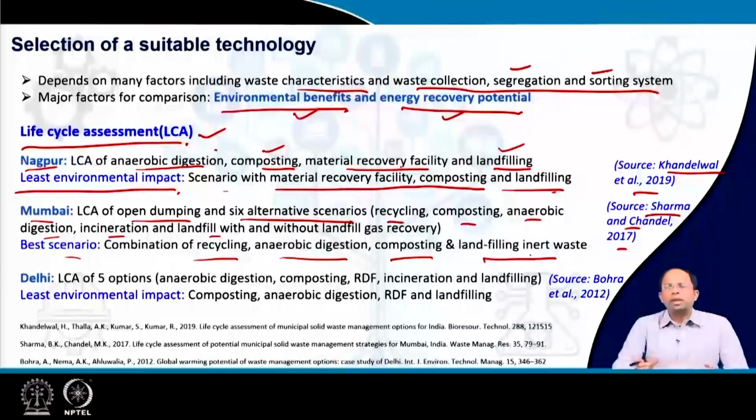But you have to first create combinations. I will show you how it is done. Each of these combinations means that some percentage of waste would be recycled, some percentage will go to anaerobic digestion, and some percentage will go to composting, and the remaining will go to landfilling. Once all these things are done, each of these processes has to be evaluated as per the inputs that go into the process, the outputs coming out of those processes, or the environmental impacts of each of these processes, and together which overall scenario is better. So you can study these papers as well if you are interested.